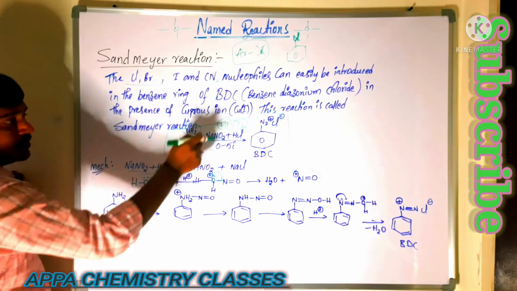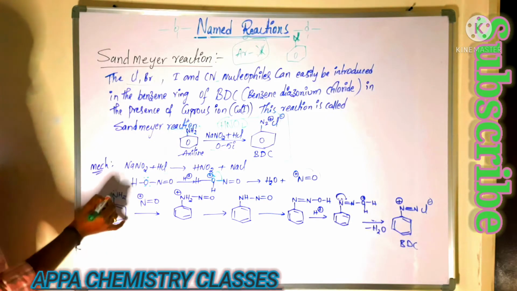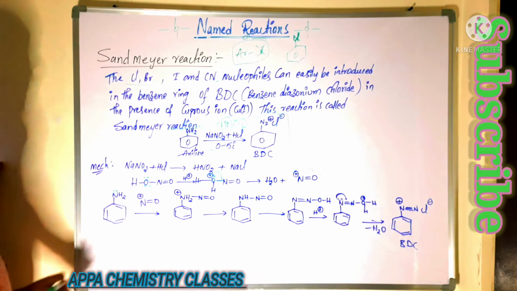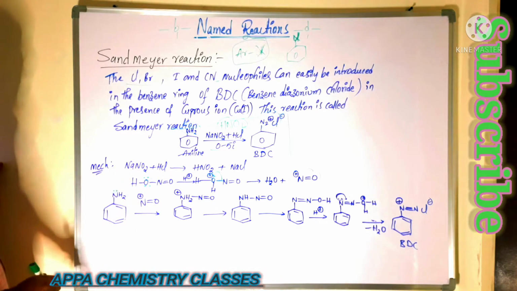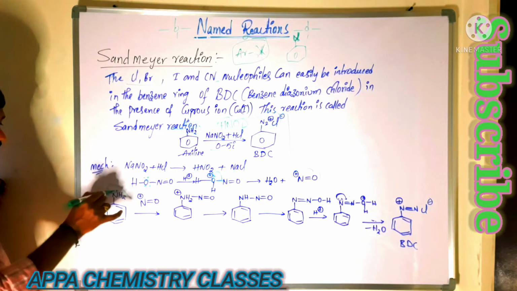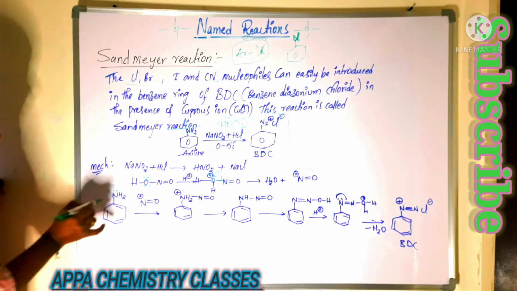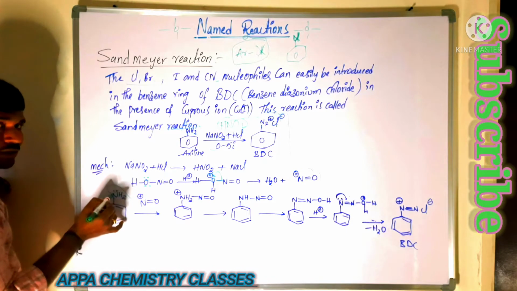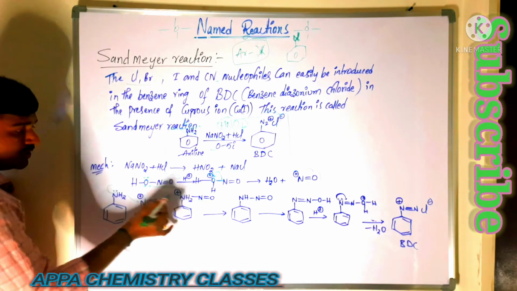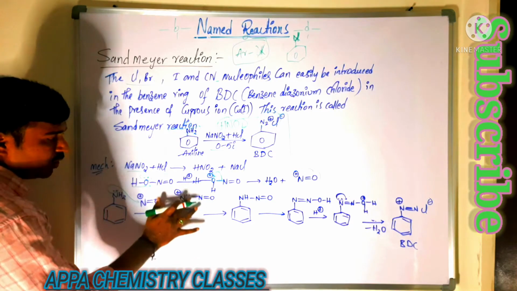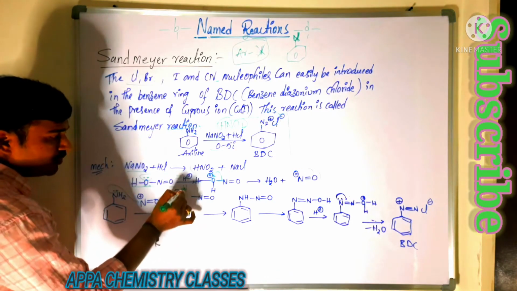Whenever it is attacking the aniline, that aniline contains the lone pair of electrons. The lone pair is donated to this nitrogen because this nitrogen has the positive charge. So to neutralize that, this nitrogen is donating a pair of electrons. So this nitrogen is donating the electron, so it is indirectly losing it. For that reason it gets the positive charge, as this nitrogen is having how many bonds here? A total of 4 bonds are there.